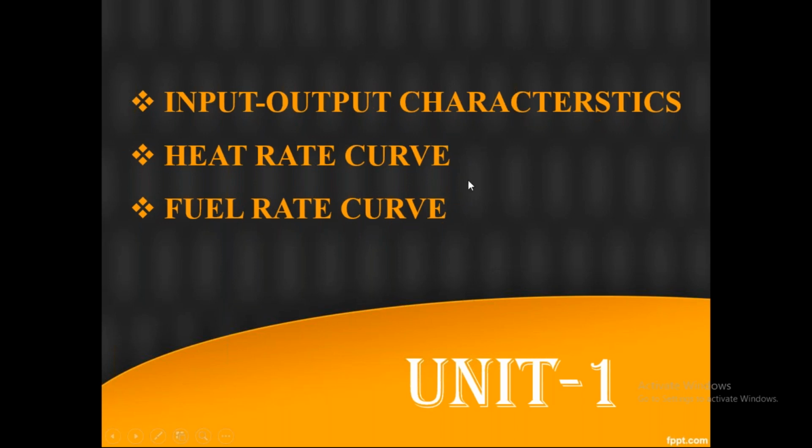Why especially these three alone? Suppose we take the input and output characteristics for a thermal power plant: the input is heat, the output is electric power from the generator. Based on that, you can get the cost we are giving for the input, and after getting the output, the income we are getting. So based on that, we can find whether it is profit or loss. Similarly, the heat rate curve: at what amount of fuel will generate the heat, and that particular heat we can use for generating electricity.